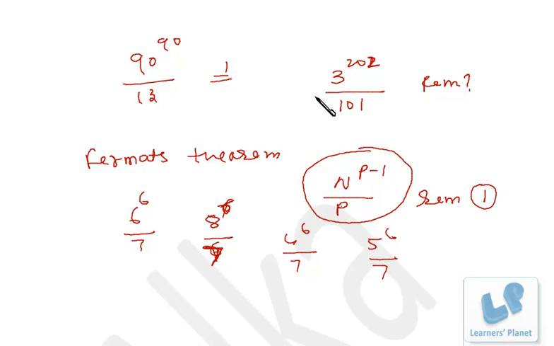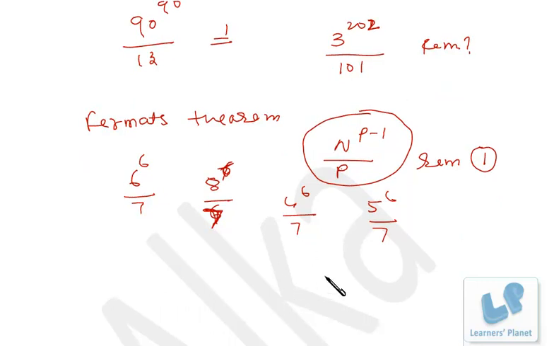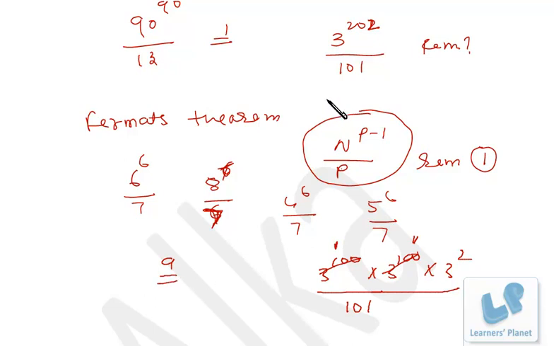So the same we will be using over here. Now in that case, this is 202, so that's actually 3 raised to 100 into 3 raised to 100 into 3 raised to 2, right? Now 3 raised to 100, this is actually 101 minus 1, right? So 3 raised to 100 divided by 101, the remainder will be 1. Here also the remainder is 1, and this is 9. So 1 into 9, the final remainder will be 9 in this case. So if you know Fermat's theorem, it will be very easy for you, just a matter of 20 seconds. Okay, I hope you are getting it. Just note it down.